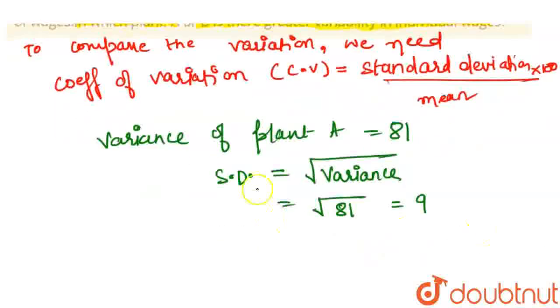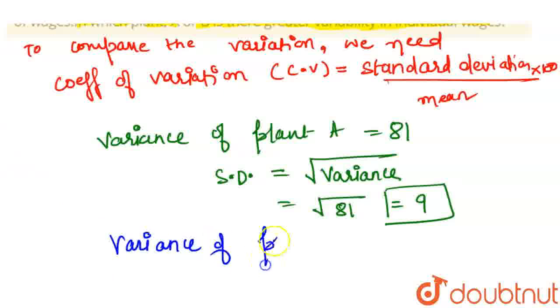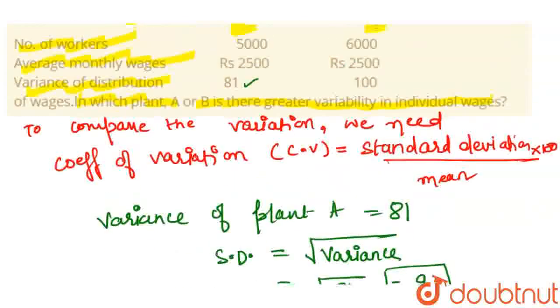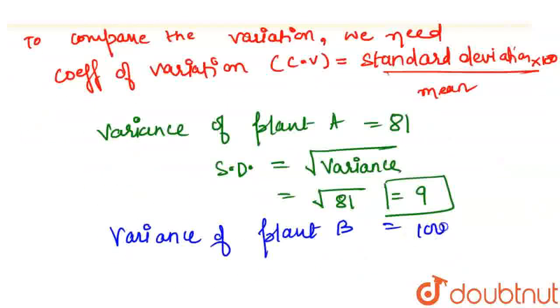That means standard deviation of plant A is 9, right? And similarly we will find out the standard deviation of plant B. So using the variance given to us, plant B's variance is 100, so standard deviation will be root 100,